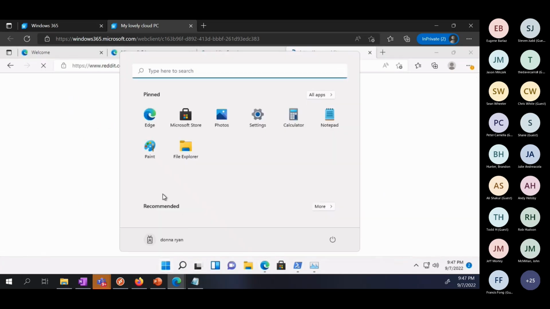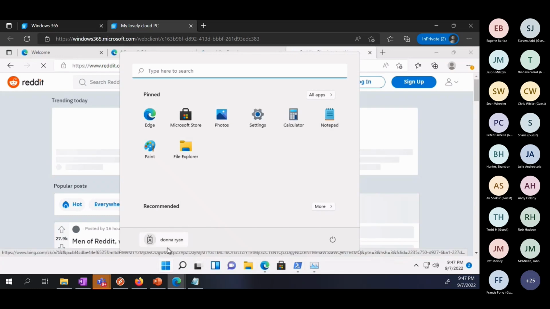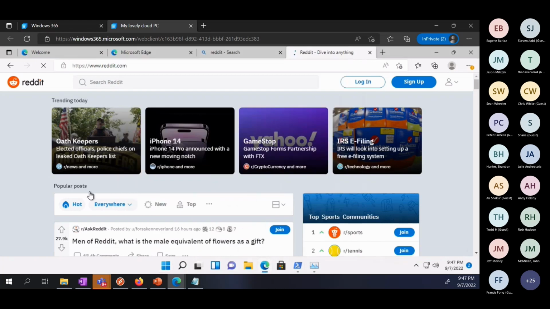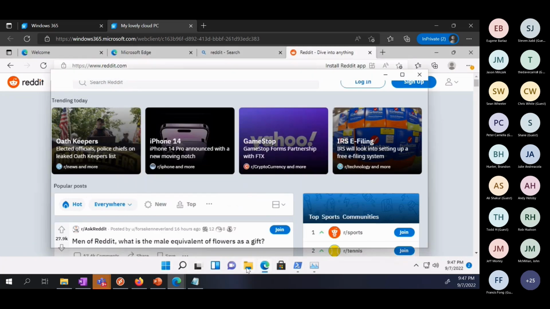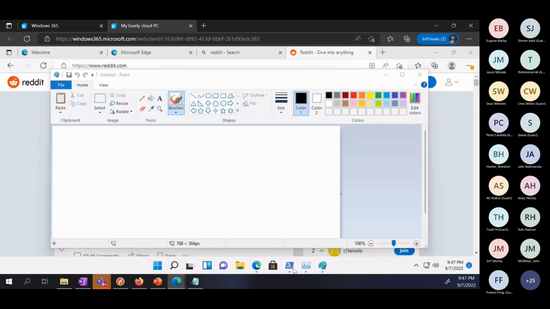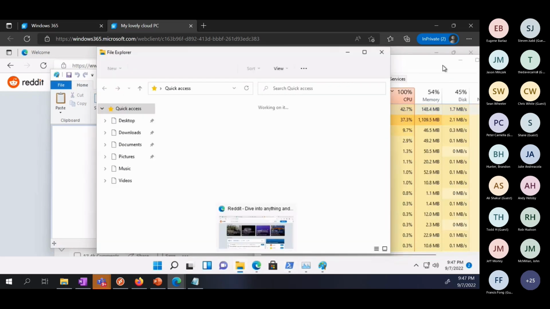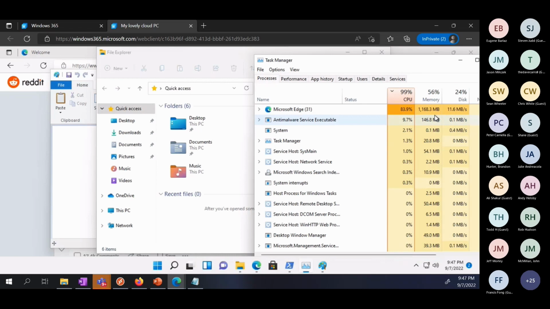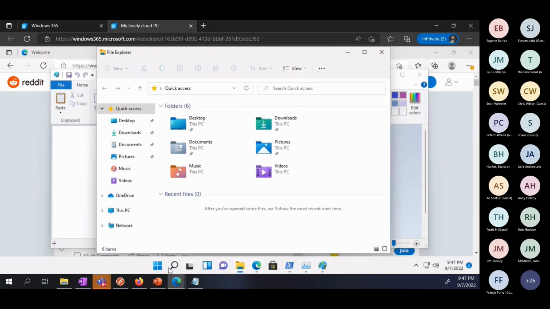Let me go ahead and open up Paint, and File Explorer. You can see that the CPU is getting a little bit of work, but anytime you open a window, that would typically get offloaded to a GPU. There are some tweaks you can do with Edge to save on some cycles and ease up on it.